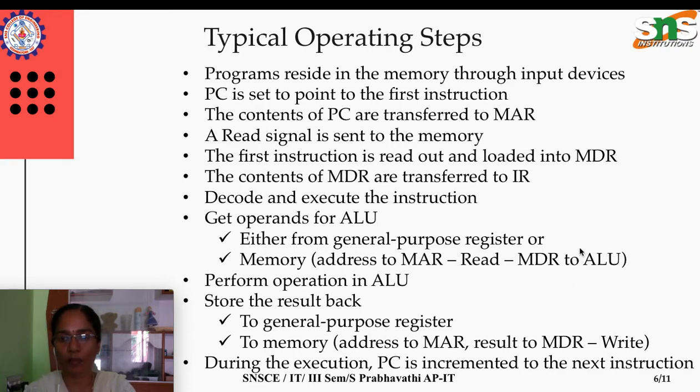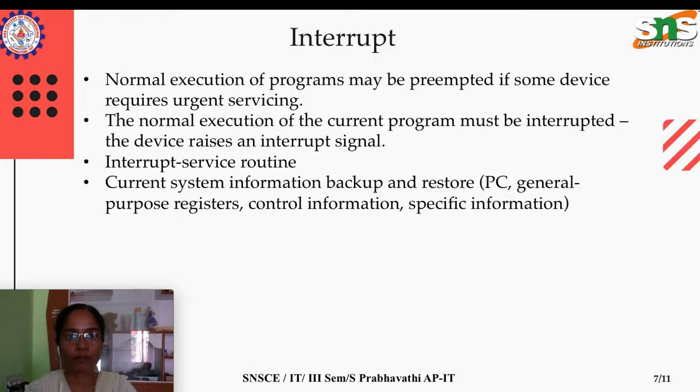All these operations are coordinated with each other by means of the control unit. While this single instruction add location A comma R0 is happening, in the background the program counter will automatically increment to the next instruction. So PC will always hold the address of the next instruction to be executed by the program. Hope you all understood the basic operational steps for a single instruction execution of the program.